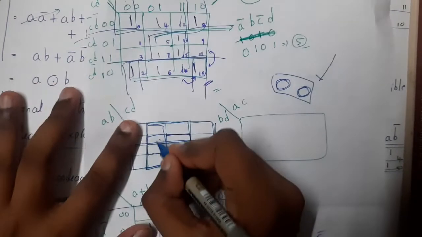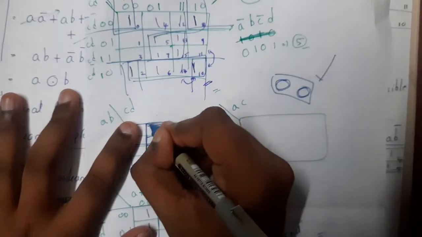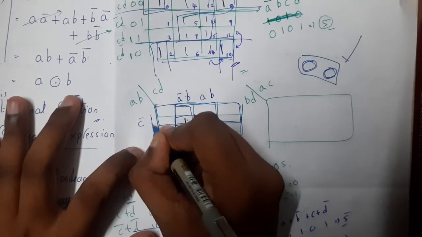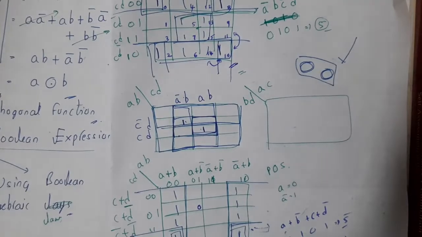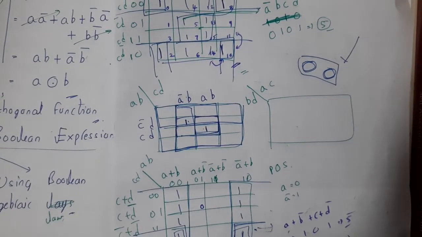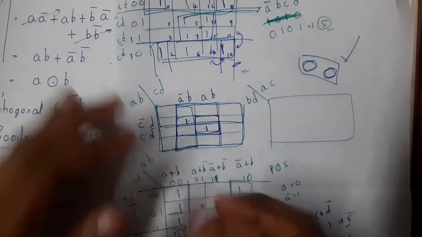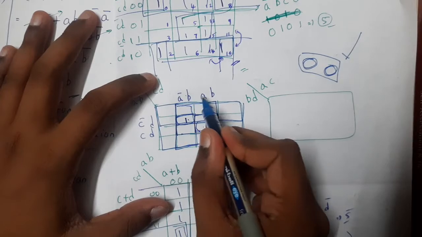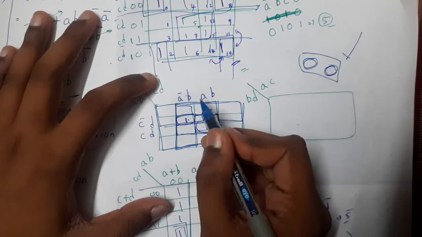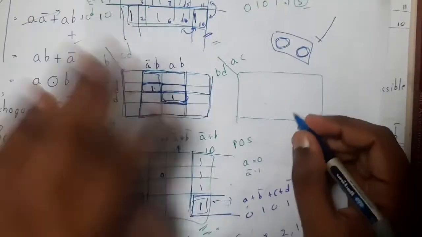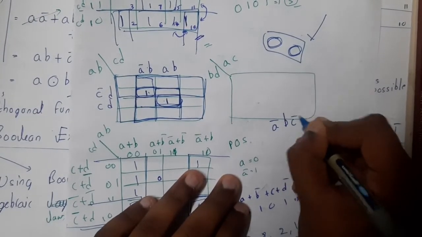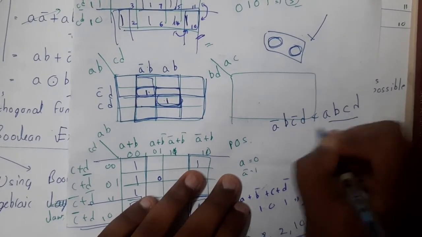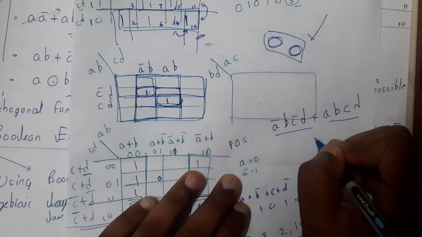If I want to combine these two values, let me write these values here. It is A bar B, and here it is AB, and here it is C bar D, and here it is CD. The reason why I combine cells is that there are some common things between them, guys. So is there anything common between these two cells? Here, B is common. Do you think so? The answer is no, right? This cell has A bar B, C bar D, and this cell has A, B, C, D. Is there anything common here, guys? Other than B, no, right?